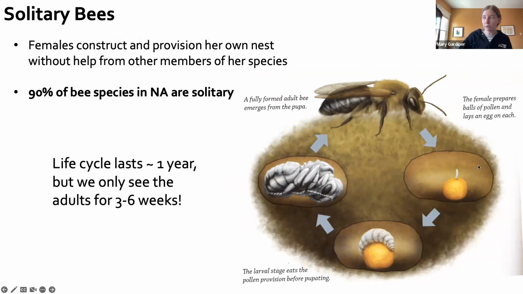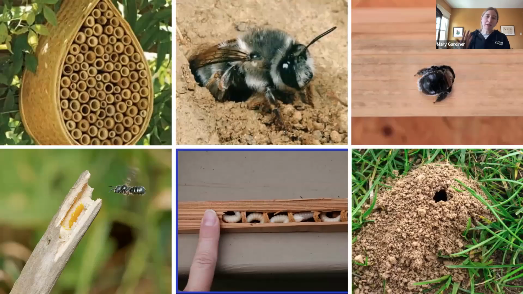In this example, it's a soil nesting bee. She digs a burrow, puts pollen and nectar in this little ball inside the burrow, and then lays an egg on it. That larva develops by eating that food, pupates, and then the next generation emerges. We already have some soil nesting solitary bees out and about now, and different species will be out throughout the growing season. Typically, this life cycle takes a year in Ohio species, and so you only see the adult for a few weeks, but this whole life cycle is always going on in our environment, something to think about from a conservation standpoint.